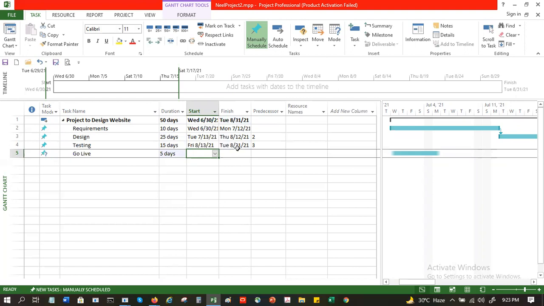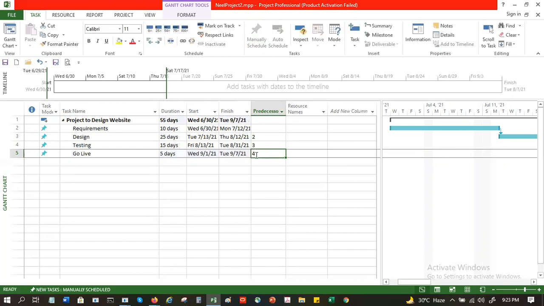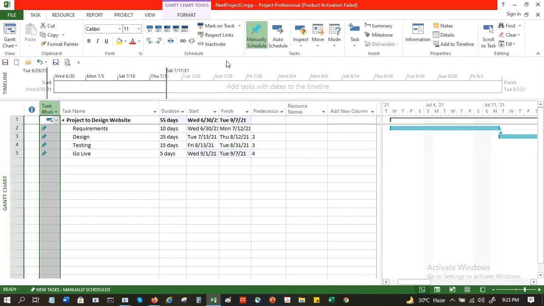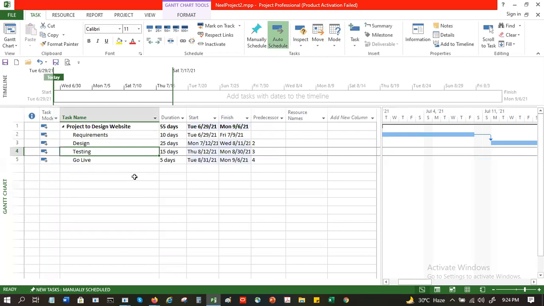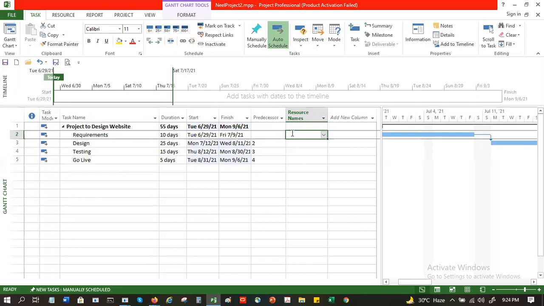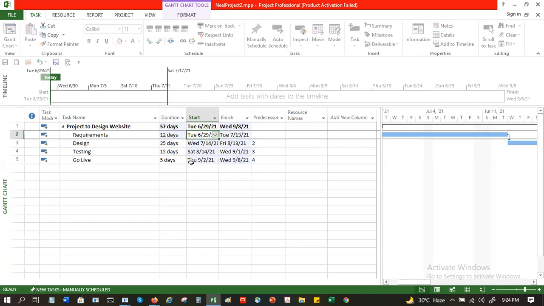Now, because of the predecessor successor relationship, they are moving the tasks because I am linking them. Now what I'm going to do, I'll just select these and say auto schedule. You see this? Now these are all auto scheduled. So whenever there is a change in a predecessor activity, the successor will change automatically. Yes. Suppose I make this 12 days, so down the line, things will change.